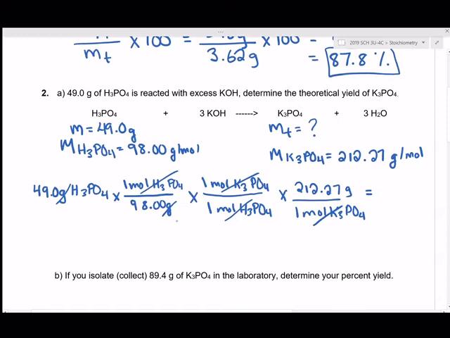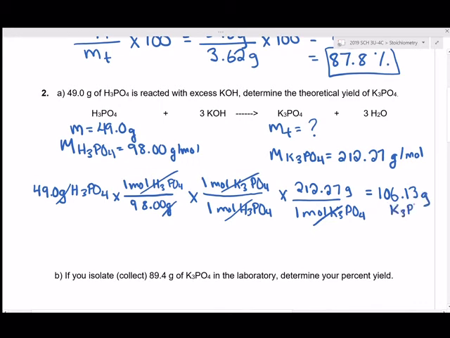It helps your calculator stay organized. If you want, you can multiply 1, divide by 1, but I think you can probably skip that. So now you can say times 212.27. And when you do that, you should end up with 106.13 thereabouts grams